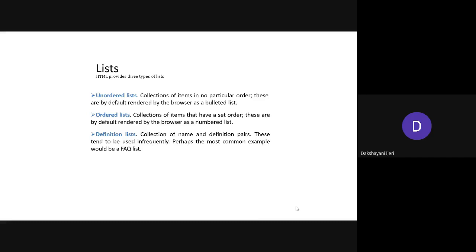So for that, what are the notations that you usually use? You are not going to use numerical bullets over there. Instead, you are just going to use either a disk bullet, or a square bullet, or any bullet of your choice. Right. In contrast to this unordered list, what is the ordered list?